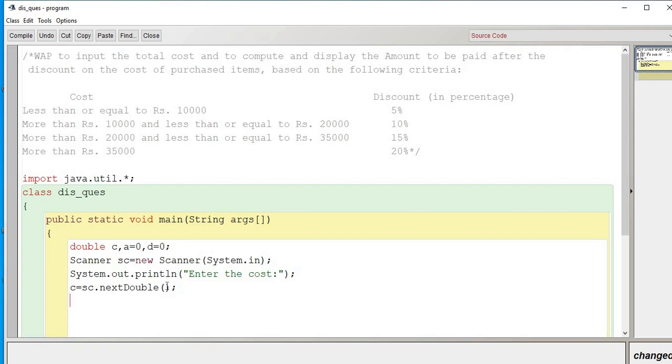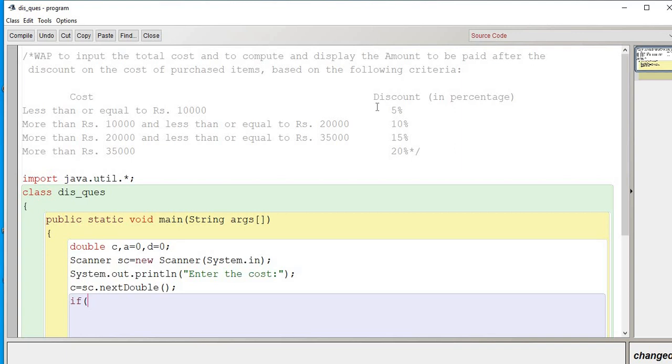Okay, so we have to start if, because we have to fulfill these conditions which are given. So the first condition, what is it? If the cost is less than or equal to 10,000, we have to avail 10% discount.